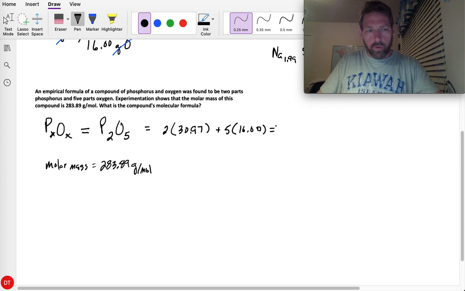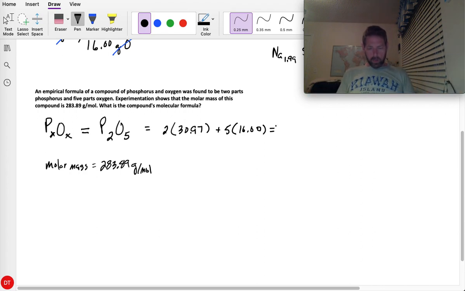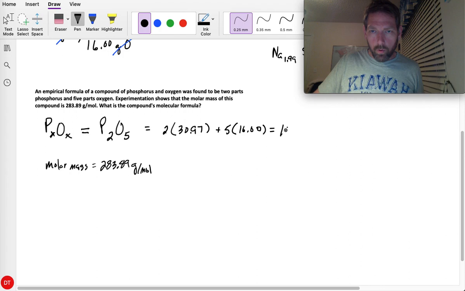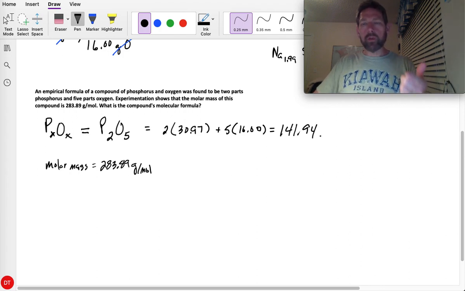Make that a little clearer for you, right? So let's do this here. We've got 2 times 97 equals this, plus we've got 5 times the 16. You should get 141.94, right? 141.94. Now, we look at that and we realize, okay, if we're talking about X amount of something, that we